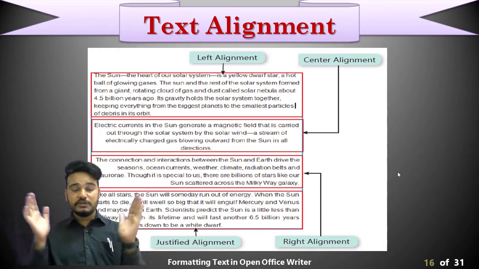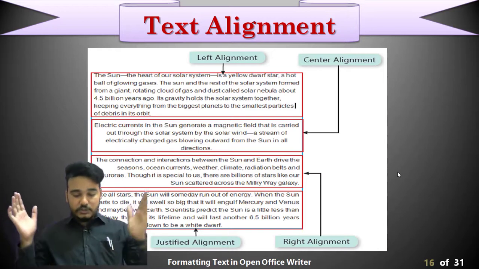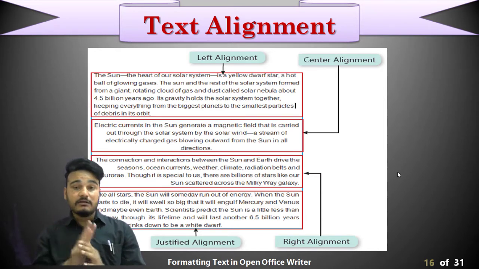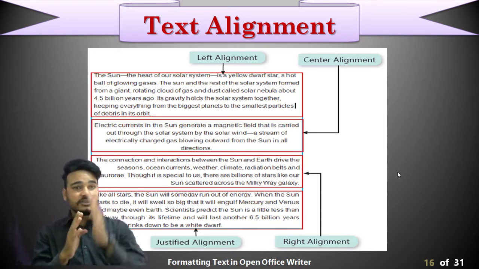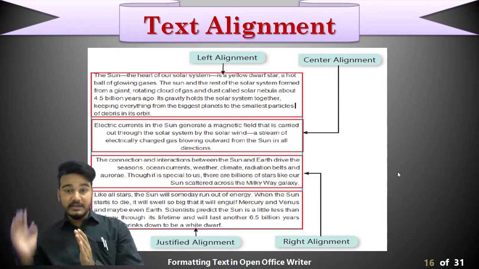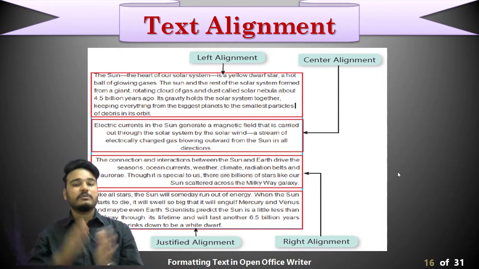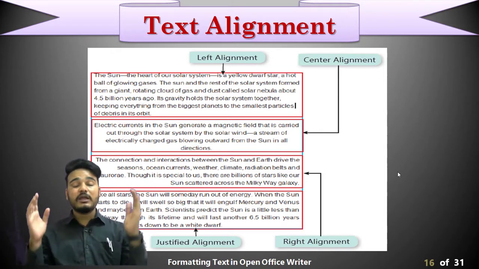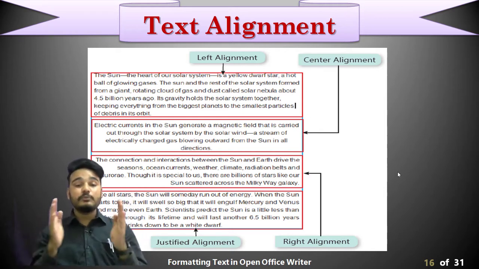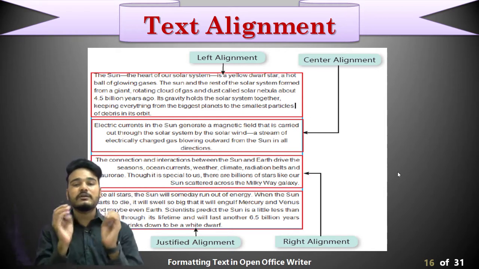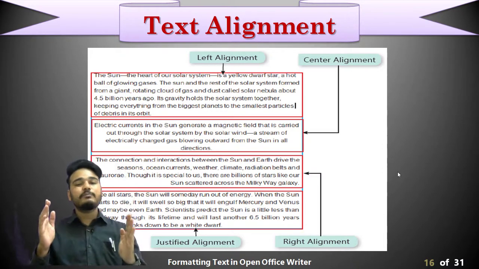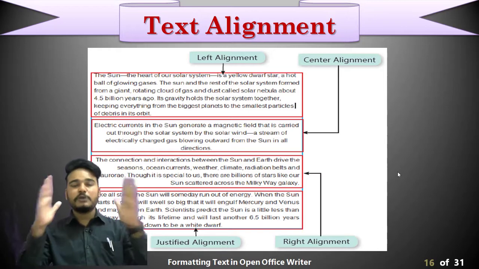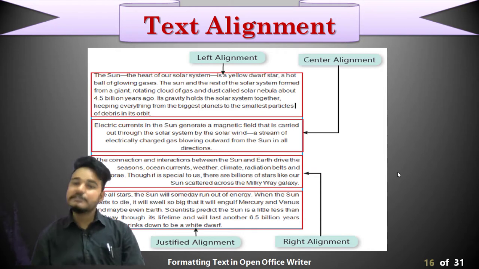In the center you can check whichever space we have, your text is at the center of your screen. In third, that is right alignment, all are not starting at a particular point but all are ending at a particular point. सब लोग एक लाइन में एंड हो रहे, means that is right alignment. And the last one that is justify alignment, उसमें क्या होता है, your application will automatically add particular space in those words and in line so that all will start in a particular way and end in a particular line only. Means पूरा एक साथ एक लाइन में पूरा अच्छे से दिखने के लिए. Understood? This is text alignment.